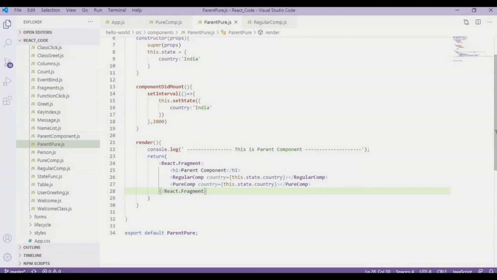And what the pure component finds is that the value of the state or the value of the prop has not changed. So that's why it is not updating its component again. But if the value is changed, then it will get updated.